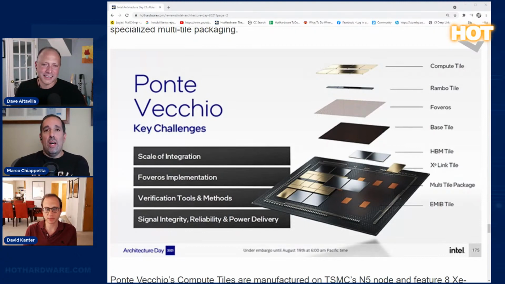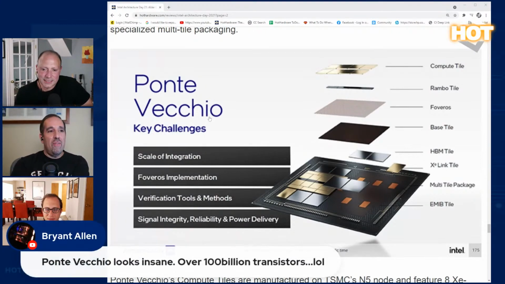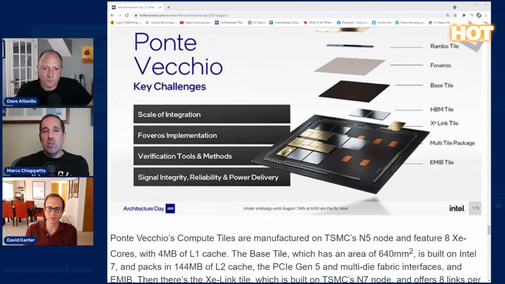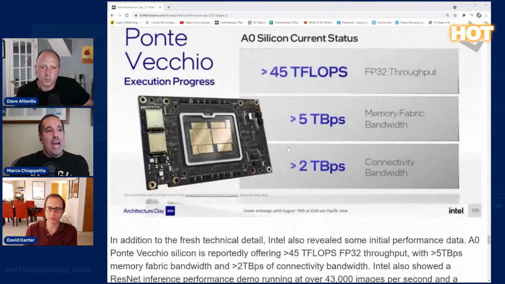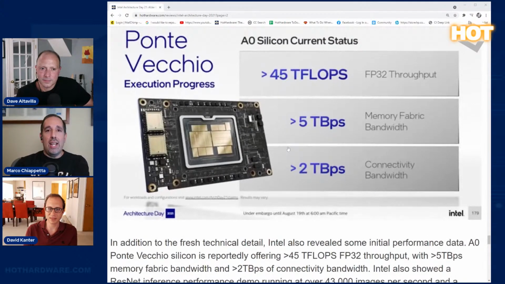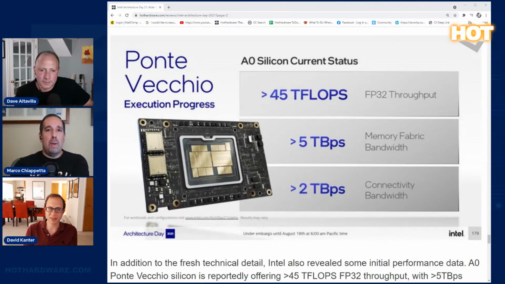Intel talked about, just a few weeks ago, all of the different advances in manufacturing and packaging. And you can understand, this thing powered up earlier in the year already, so they've had this for a while. It's really impressive. While they may have struggled at the transistor level for a few years, in terms of packaging and other innovations, this is a wow product. As I'm learning more about Ponte Vecchio, I'm just shocked that they built this thing and it works.